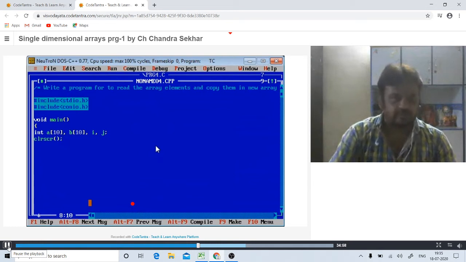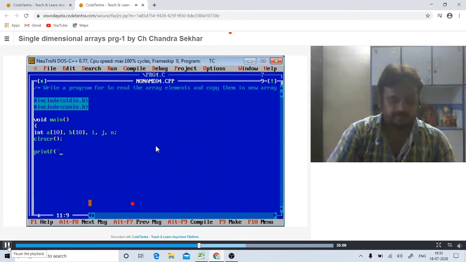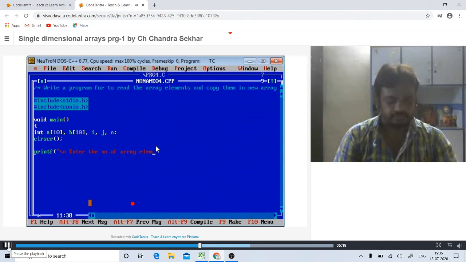We need an n value also for the number of elements. First to read the n value, that means enter the number of array elements, using the scanf function to read the n value.